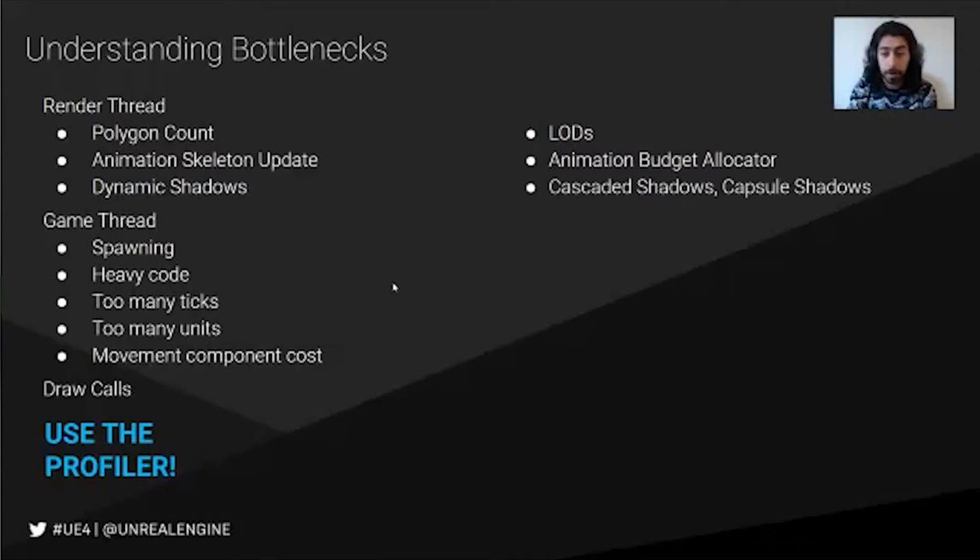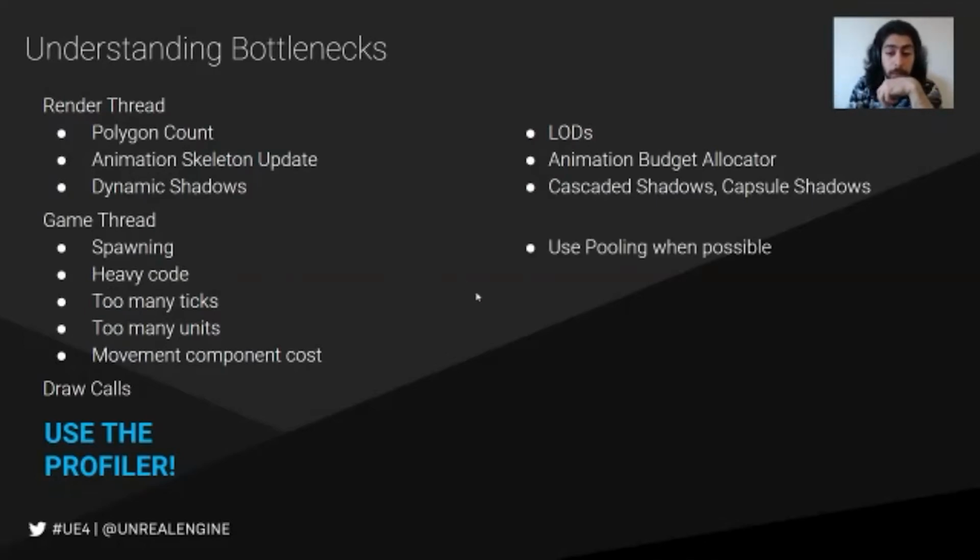So anyway, dynamic shadows. Shadows are also something that uses some of the performance cost. What you can do is tweak your cascaded shadows, meaning they don't have to be calculated all the way up to 1 kilometer. They can be updated only up to 20 meters. And then you can also use capsule shadows, which are usually used for mobile. It's a way to create fake shadows, but they're close enough and really good. Instead of using the mesh to calculate the shadows, they use the physics capsules, which are less detailed, which gives you better performance.